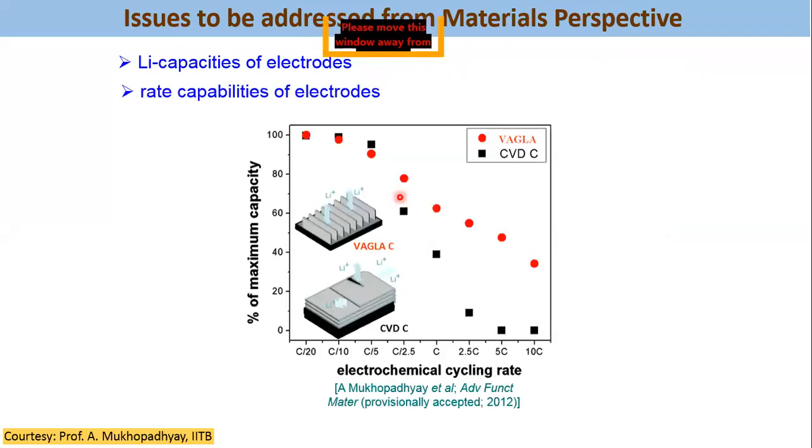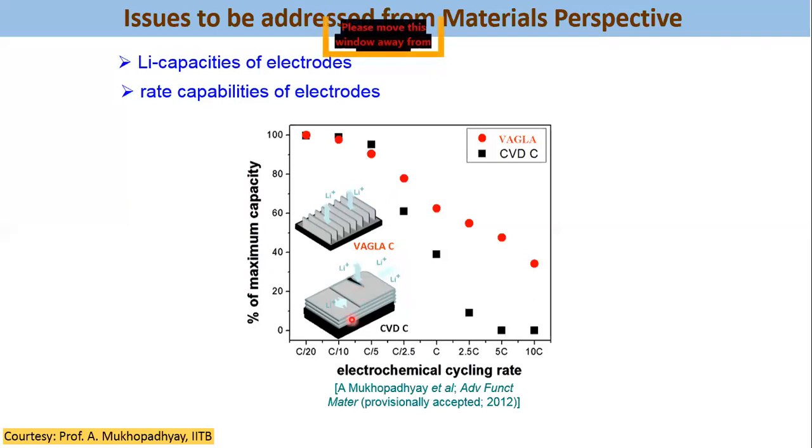Another issue is rate capability. Everyone wants to use lithium cells, like in our mobiles also. We want a battery which can be charged immediately. So for that we need to engineer the material in such a way that the rate capability of the material can be increased. Suppose in this case, if you look at